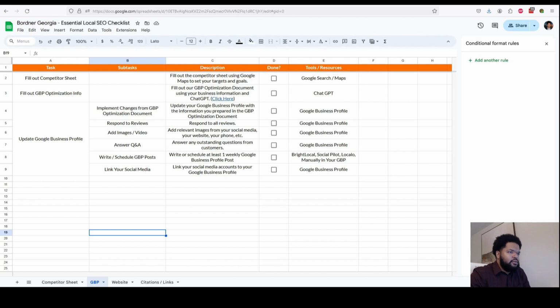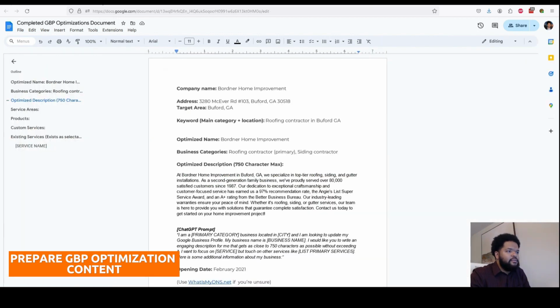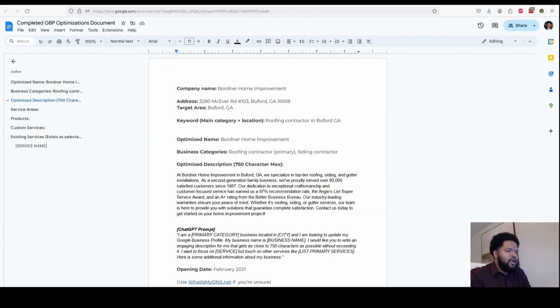Okay, now that our competitor sheet is done, let's go ahead and check that off. And now we're going to go down to the GBP optimization info. For this, we're actually going to need a separate document that I've linked, and that's going to be this document right here. This document should contain every single update and optimization that you want to make to